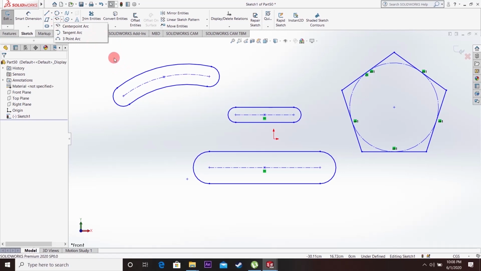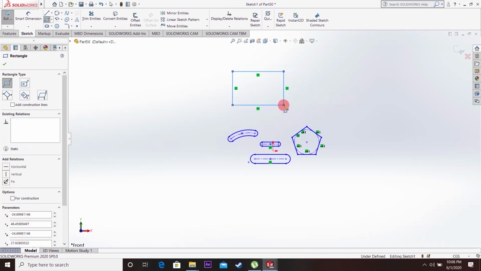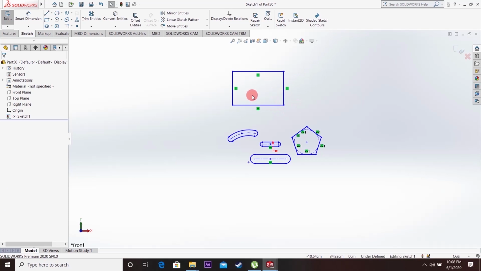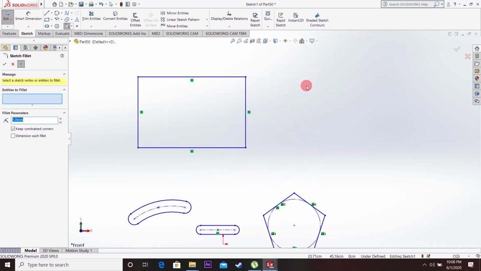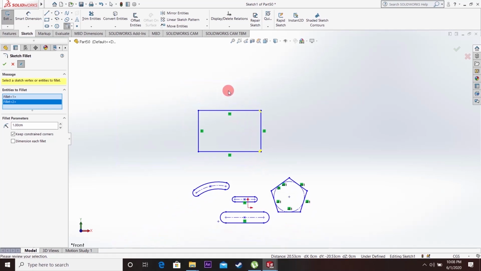If you draw a rectangle, I will draw a corner to corner rectangle first. I don't want these sharp edges, right? So what should I do? To make it smooth, I will use fillets. Select the fillet option, and in the entities to fillet, select this extreme point, and this extreme point, or else you can just drag and select the extreme points.